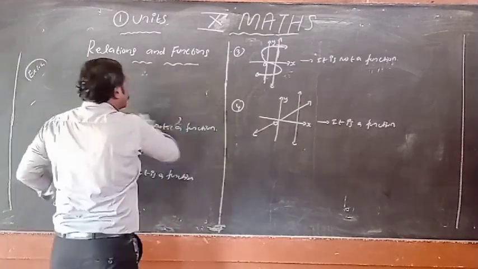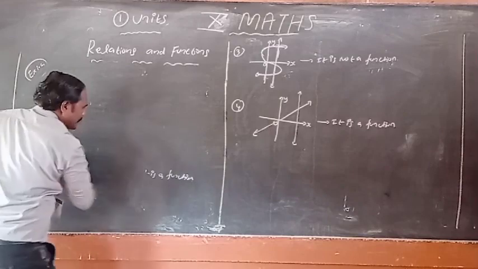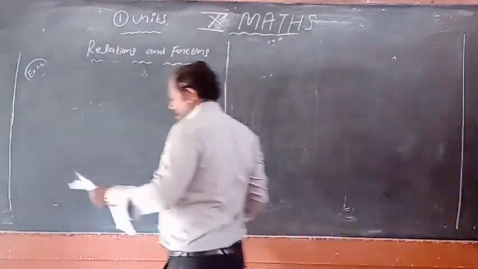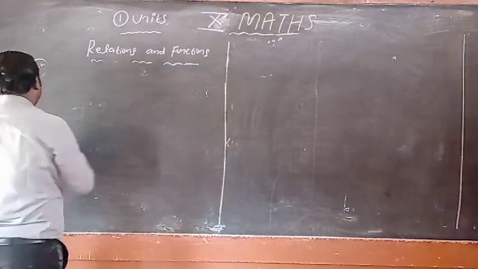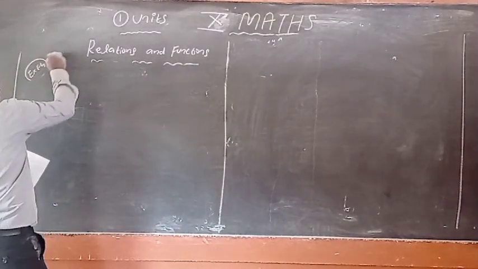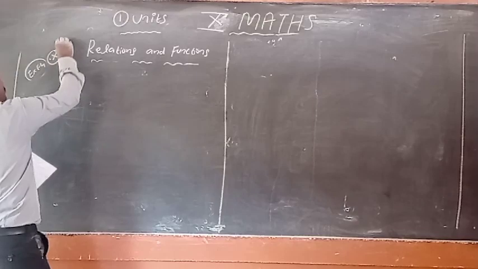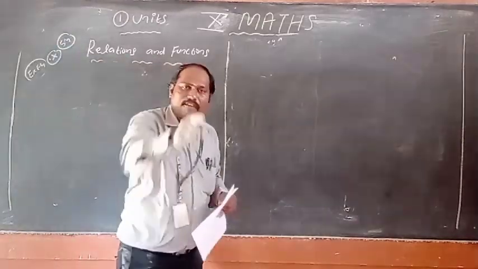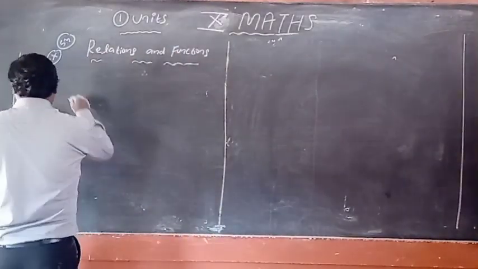The first one is over. The next one is the second sum. This sum is very important. It comes many times in the question paper. Exercise 1.4, a very important sum, a 5 mark question. The same concept has an example sum. Try to develop this yourself.